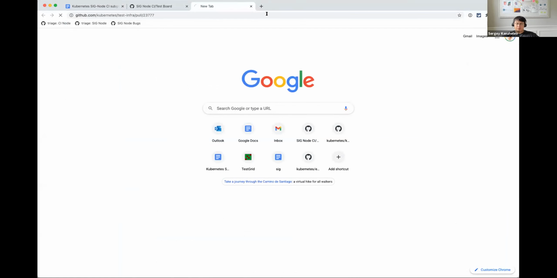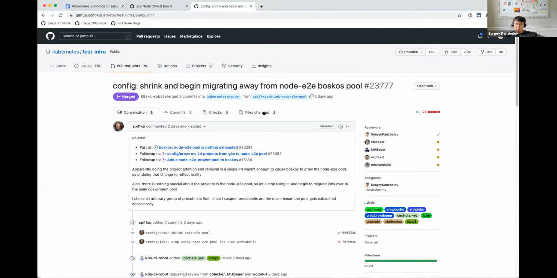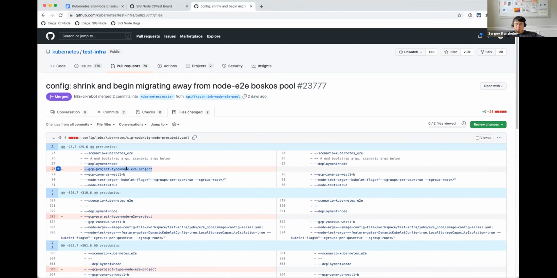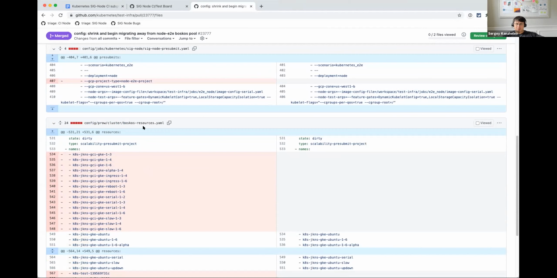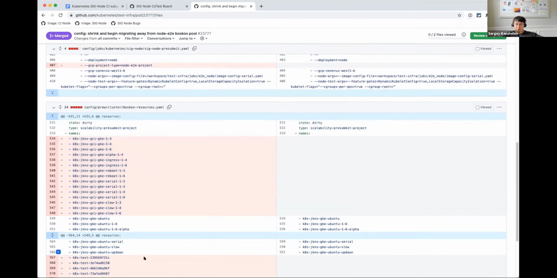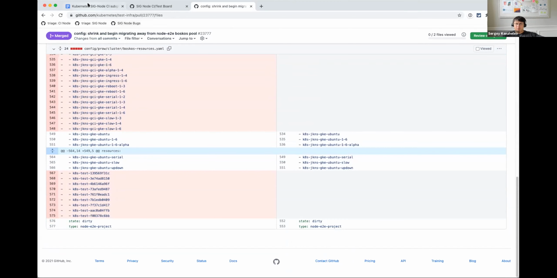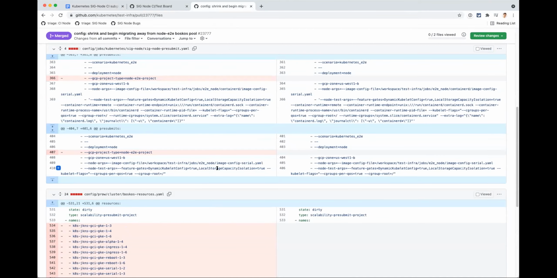Yeah, I found this pull request. This change basically removes the project specification explicitly, but then this file as well, which removes this project. I'm not sure what the context for this change is and whether we need to do it when migrating these jobs. So you should not basically touch this file because this is the Boskos resources, so the migration cannot be impacted by this change. Okay.